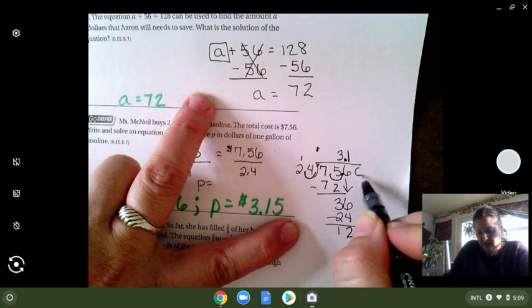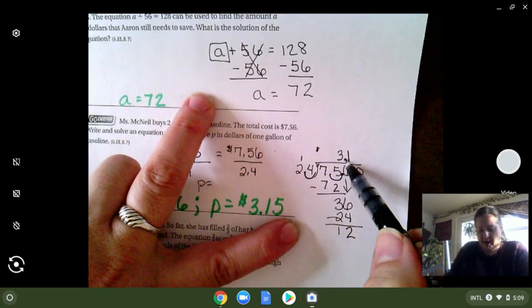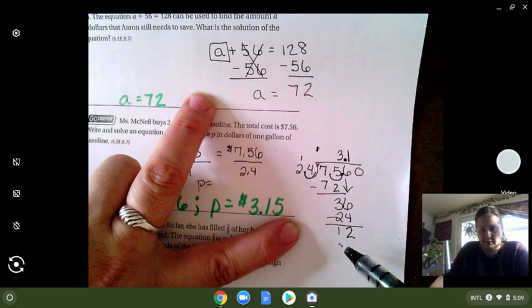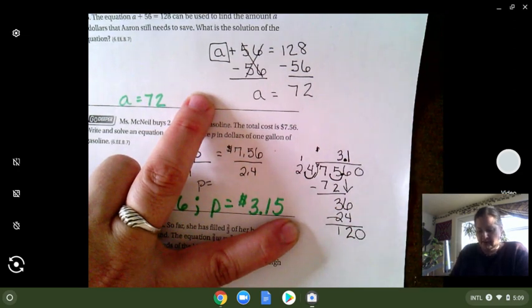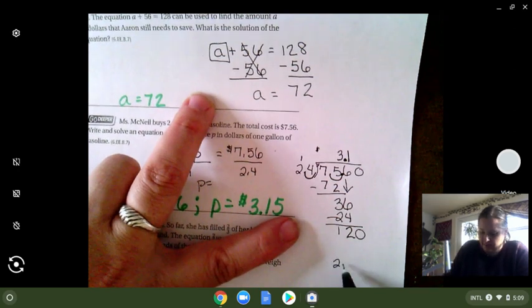And I'm actually going to just add in, because remember, if you're having a decimal, you can't have a decimal and a remainder. So we're going to add in another 0, and we're going to see if 24 will fit into 120. I know that 4 times 5 is